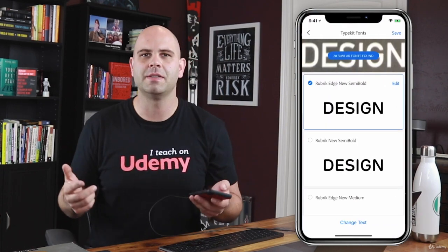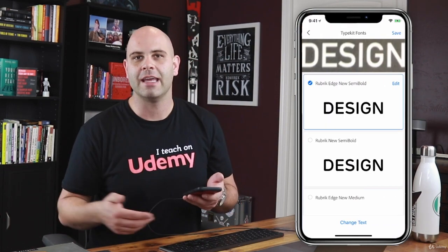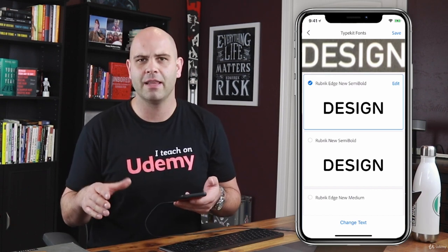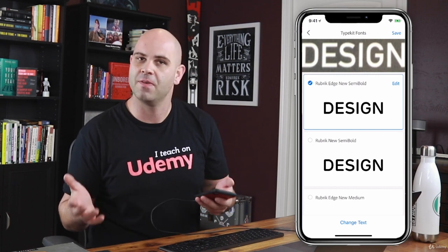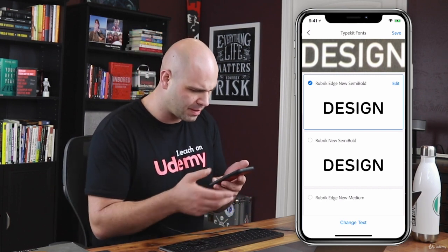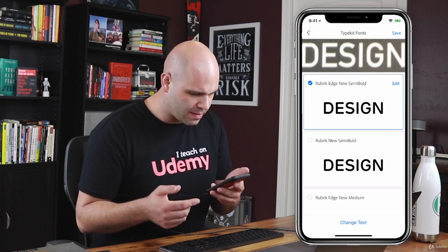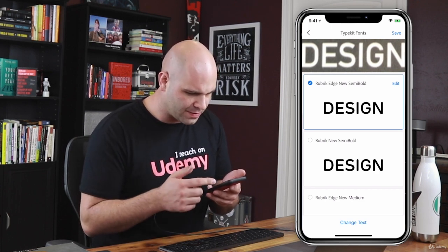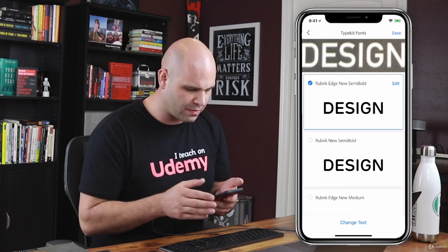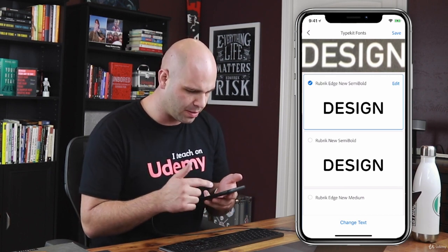And now what it's going to do is sync up with the Adobe Typekit to find any fonts that are close. And now you might not find the exact match, but you'll find a bunch that are in the same font family, whether it's a serif or sans serif, and it'll get you close. So you can find something that'll work perfectly. So we can see the original image up above, and I can see that this first selection is pretty close. You can see the letters on the original photo, they're squished a little bit. They're a little narrower than this